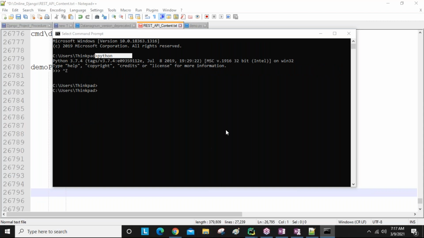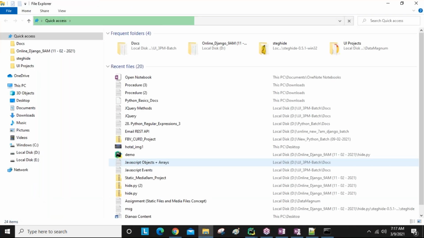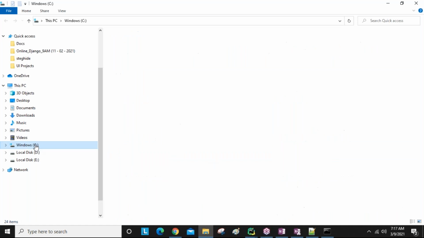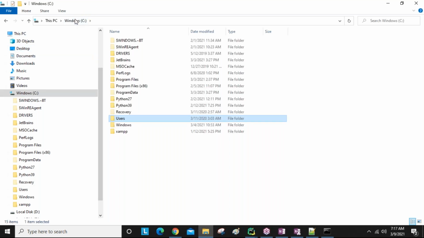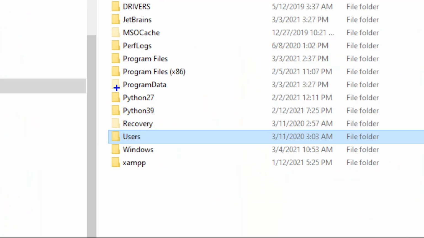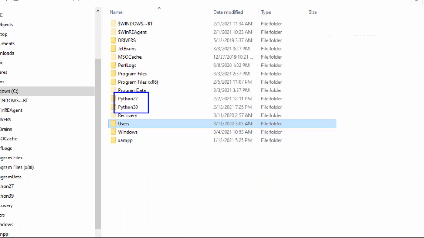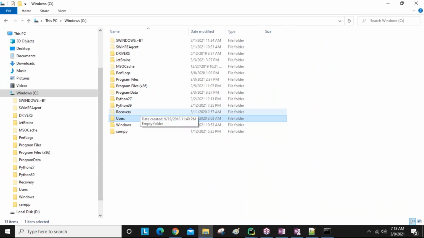To add the Python path, first go to where the Python software is installed, select the interpreter and select the pip location. Generally it is installed in the C drive, in users, though depending on your interest you can choose a different location. In my system Python 2.7, 3.9 and 3.7 are there, and I use versions depending on the project. Regularly we are using 3.7 here.